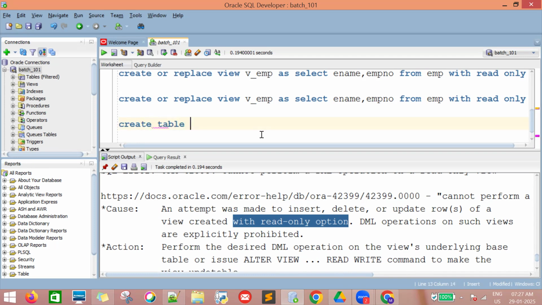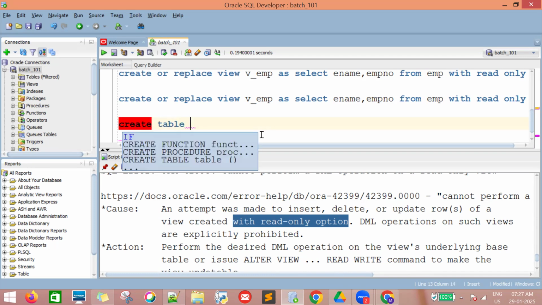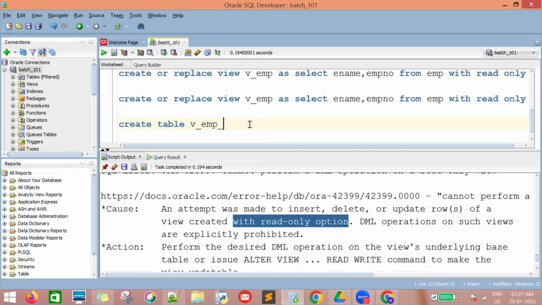Create table. Okay, create table V_EMP_121212. Okay,